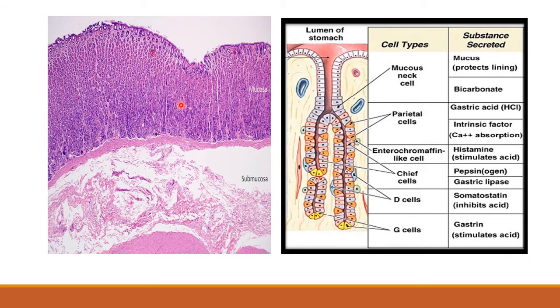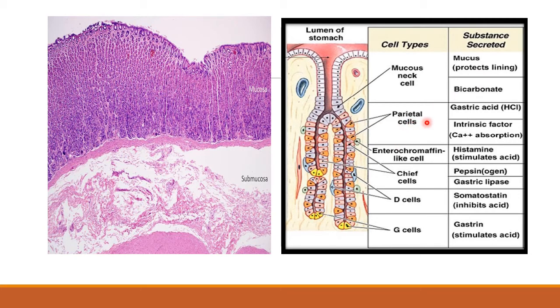And these gastric glands contain different types of cells that function differently. So we'll see different types of cells. These are the mucous neck cells. This is the gastric pit and gastric lumen. So first is the mucous neck cell that secretes mucus and bicarbonate that protects the lining of the stomach. Second is the parietal cell